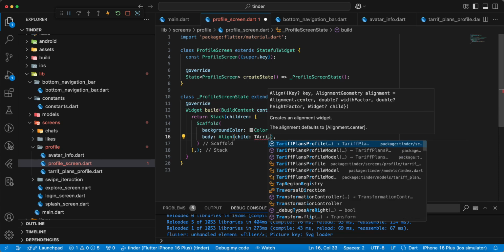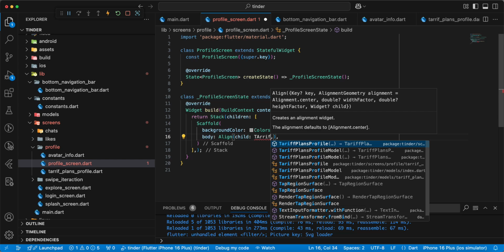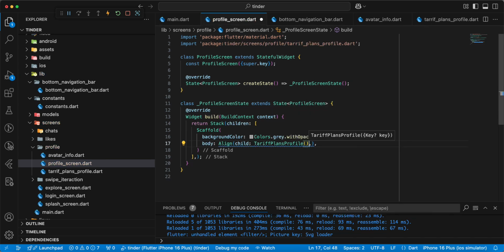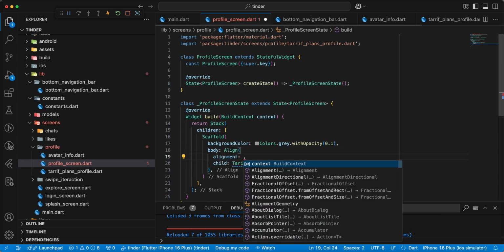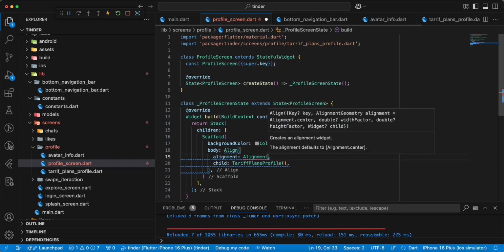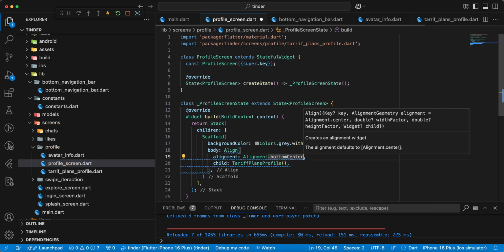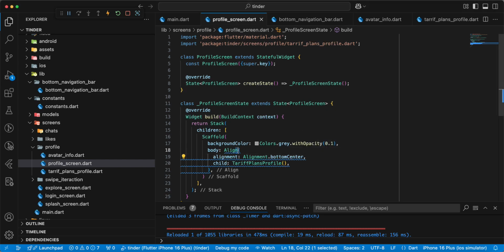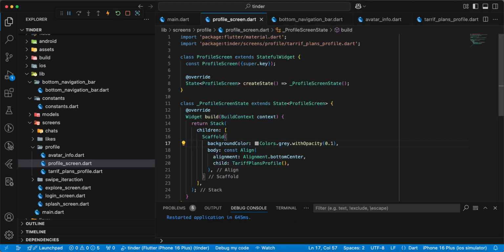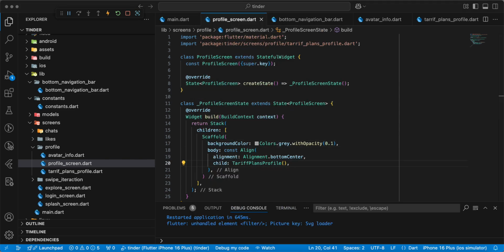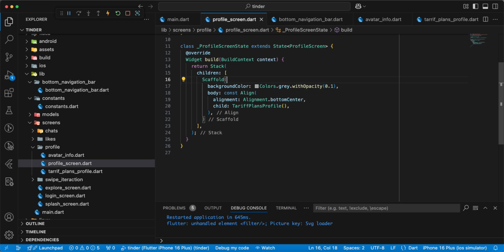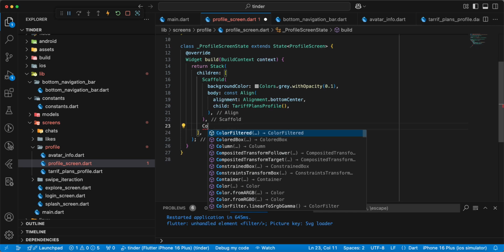add tariff plans profile, add alignment, alignment bottom center, add const, then we add widget container,